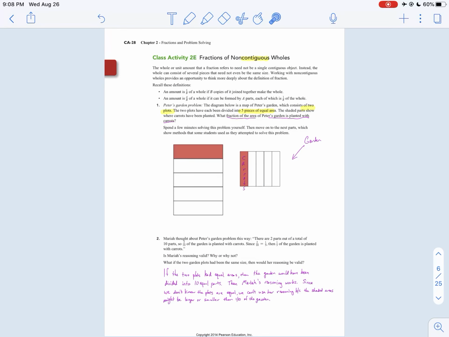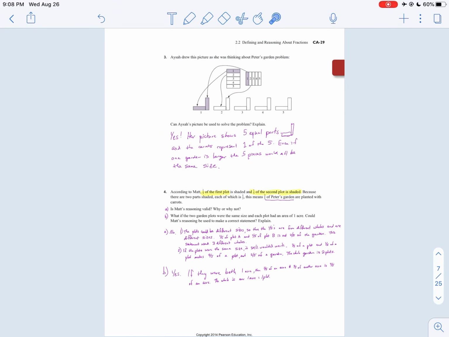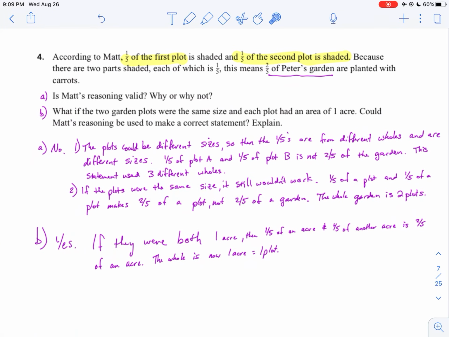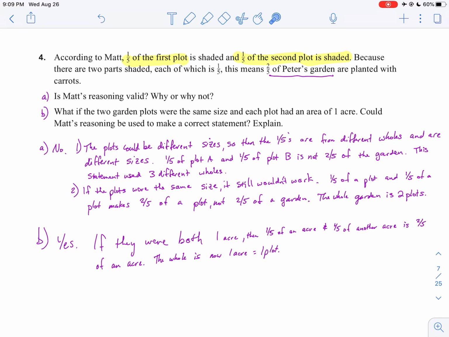Let's take a look at this. This isn't 2/5 of the garden. The garden is all 10 pieces, right? So it's not just 2/5 of the garden. And then it says, what if the 2 garden plots were the same size and each plot had an area of 1 acre? Could Matt's reasoning be used to make a correct statement? Explain. And this one's actually true. If they're both an acre,